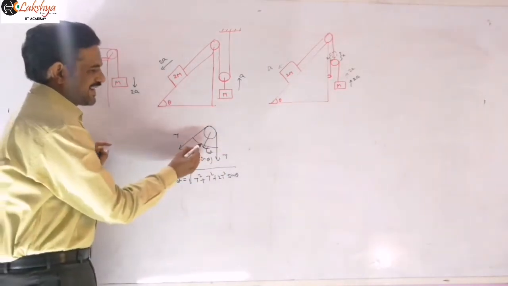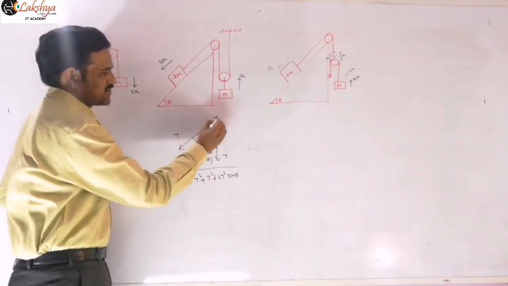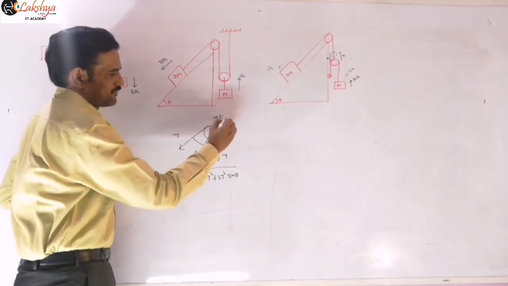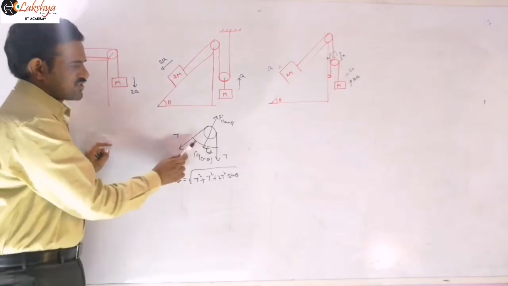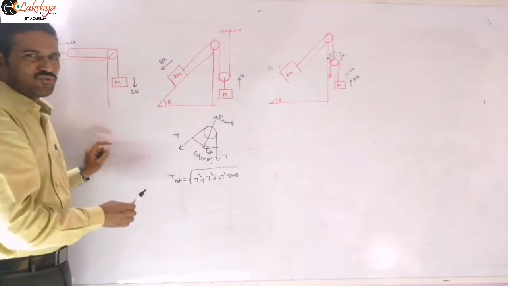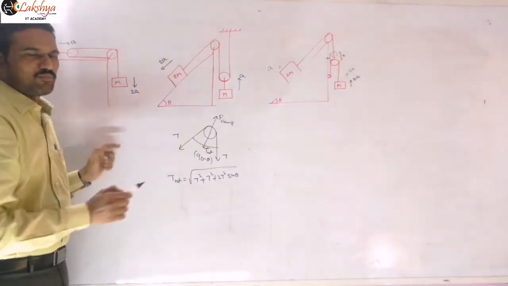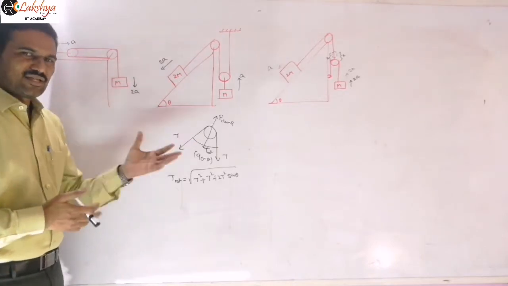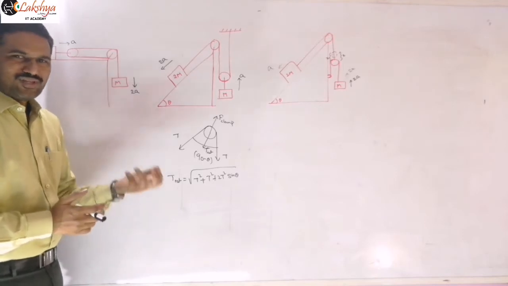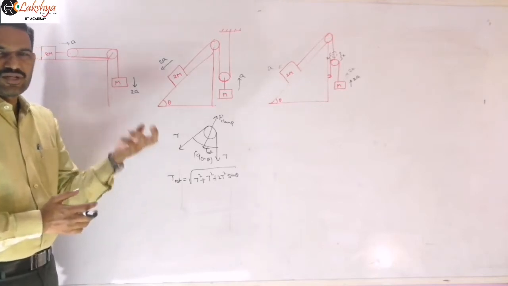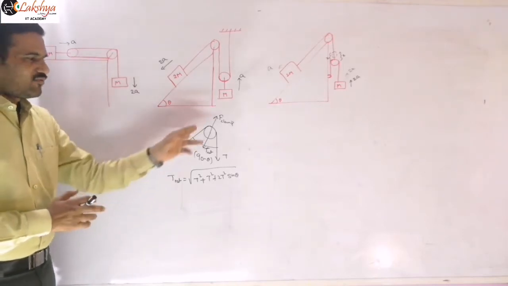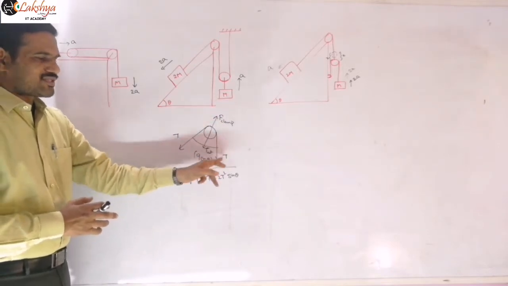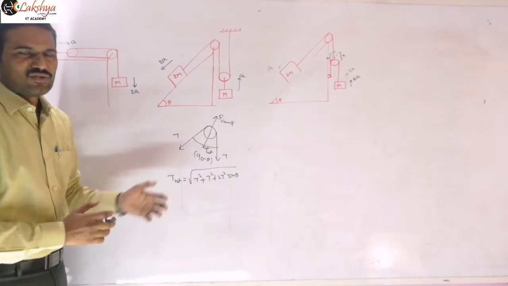Now the clamp should apply the force in the opposite direction. So this is the force applied by this clamp. It should balance this force. This pulley exerts force on the support in this direction, and the clamp applies the force in the opposite direction. If the pulley is massless, and generally pulleys are massless, that is fine. But in some problems the pulley has some weight, then the weight also we should add here. If the pulley has weight, then T plus mg is the downward force here.